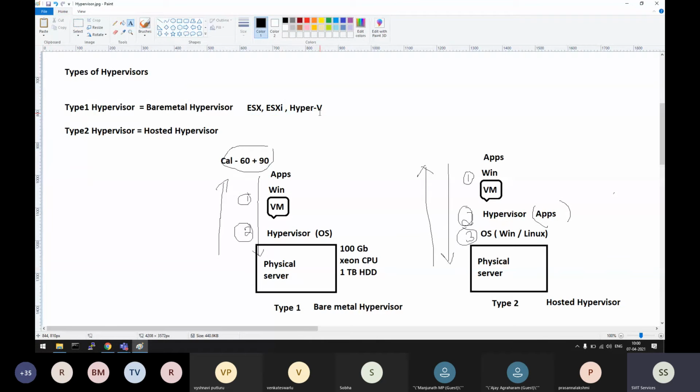Microsoft says Hyper-V is a type 1 hypervisor. Hyper-V is not an OS, it is a feature inside a Windows OS. We cannot install Hyper-V directly on hardware. We need to install Windows Server, then enable the feature called Hyper-V. Then it works like a hypervisor.